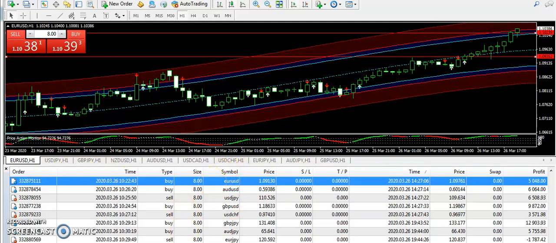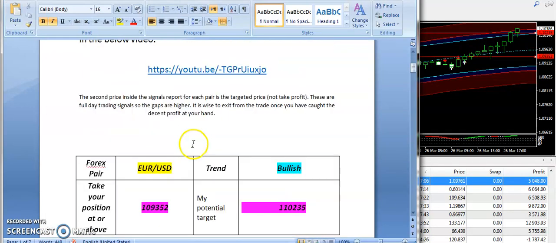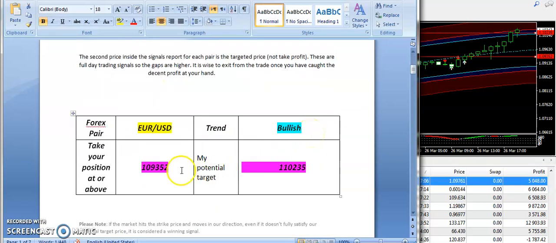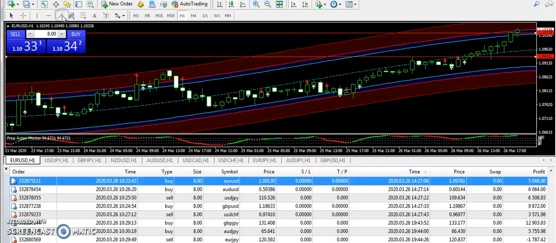Okay, starting with EURUSD. As you know, this is my signals report format for 26th of March 2020. I have supplied the bullish trend in case of EURUSD from 1.09352, and 1.10235 is the target price. In the morning I also took a bullish trade on EURUSD, and you can see here that I took my own signal because I was bullish on